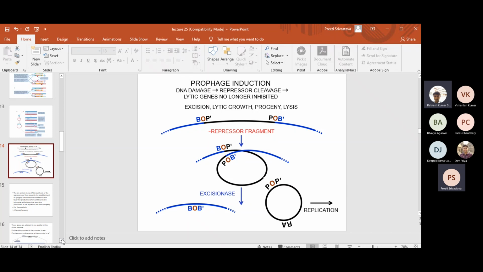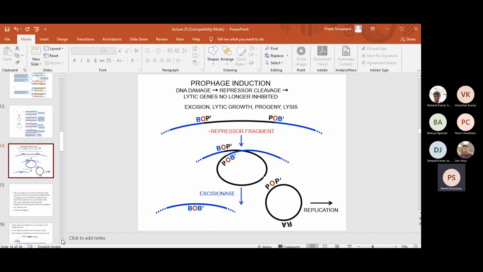Ma'am, like you mentioned the names of the genes, like biotin, and one was gal. So gal and biotin, are they found in a specific bacteria like E. coli? If they are found only in E. coli, then this phage can work for only E. coli, and it cannot work for any other bacteria. So now you have asked two questions. Gal and bio are genes for galactose and biotin. They are present in many bacteria.